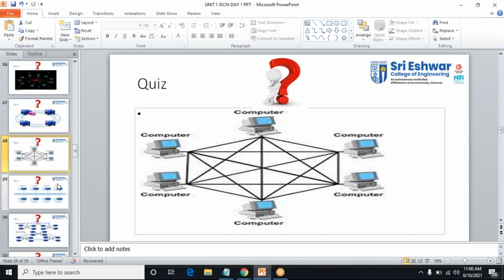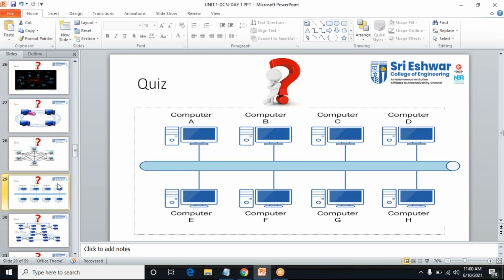Fine. Next one. What is this topology? Say I have a lab, and I'm going to connect n number of computers, A, B, C, D. Yes, very good, Google Prasad, Srija, Geeta Devi, Sweta G, Raghavendra Balaji. What about the others? Are only these people replying in the chat box?